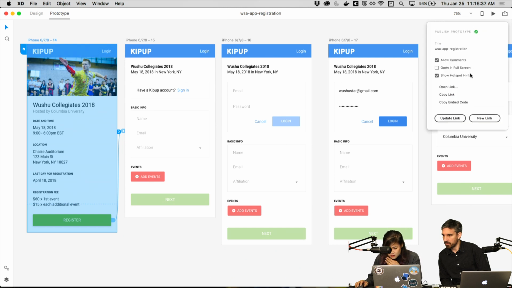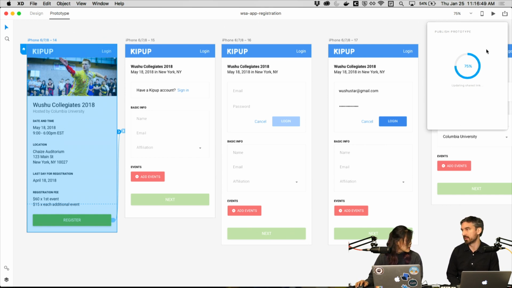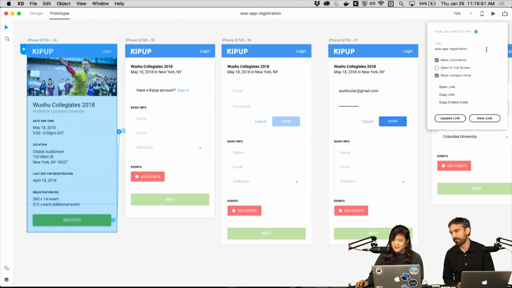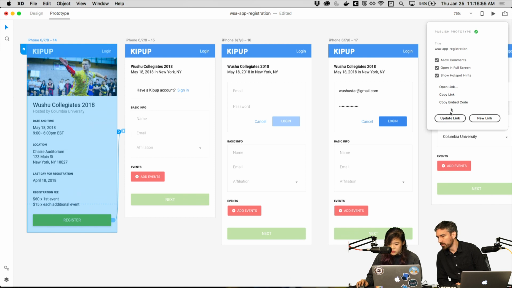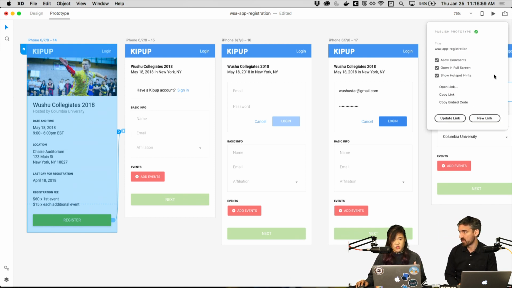Cool. I guess you have to update the link to upload the new version, so you update. You upload your screens and then you will get the URL. Actually, if you shared it with the user yesterday, it's the same link. I haven't shared it with him at all yet, so he hasn't seen it. And I want to click open in full screen. Do I have to re-update it? Yep. The full screen will have the black background, as opposed to the little navigation.